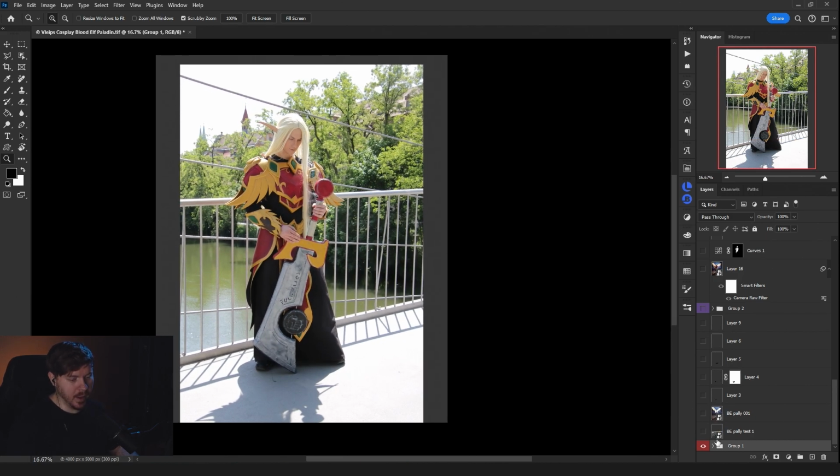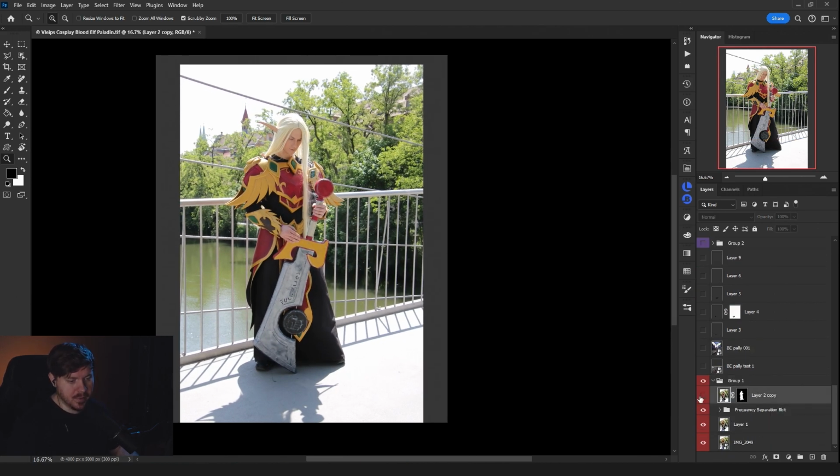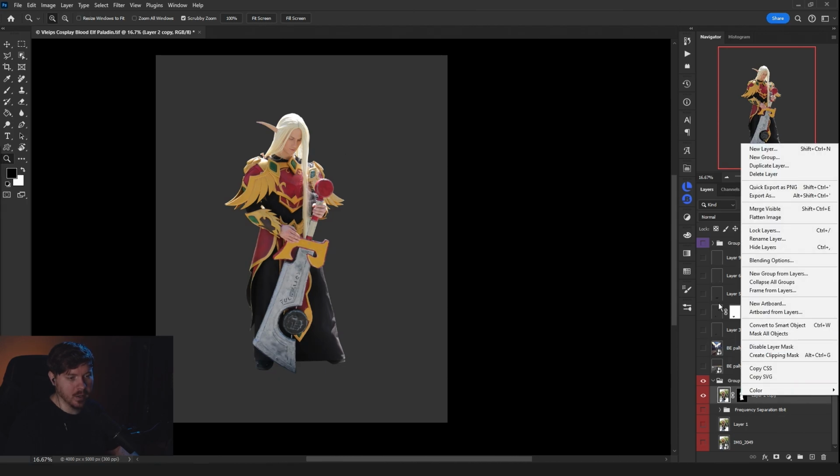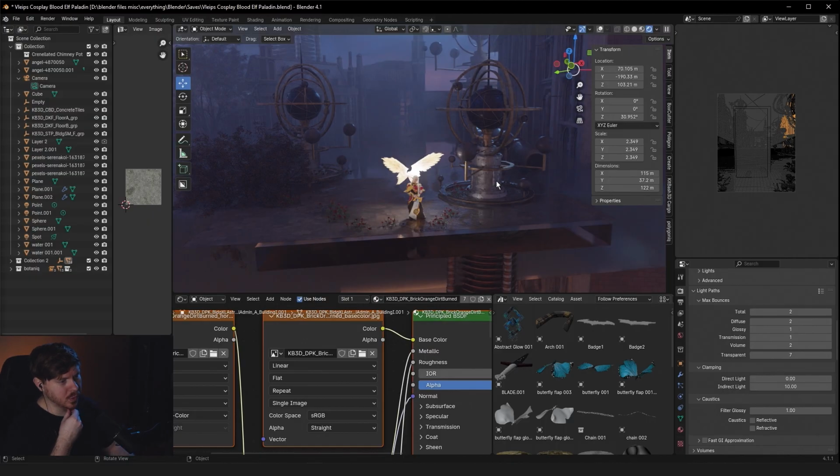So I did that and I got the cutout. I right click and save that as a PNG. And then once I had that in my file, I opened Blender. Okay, so once we're in Blender,